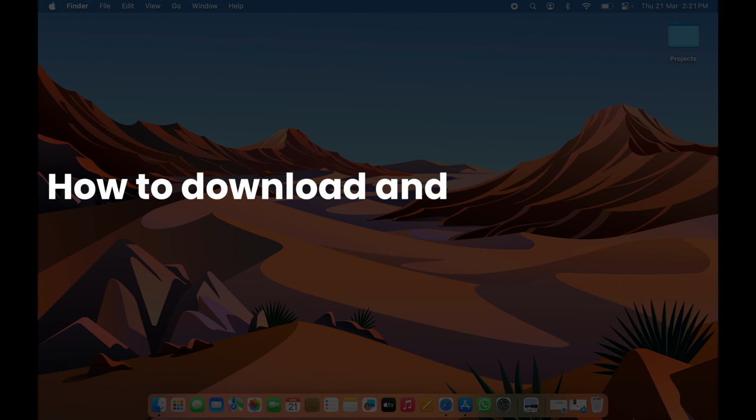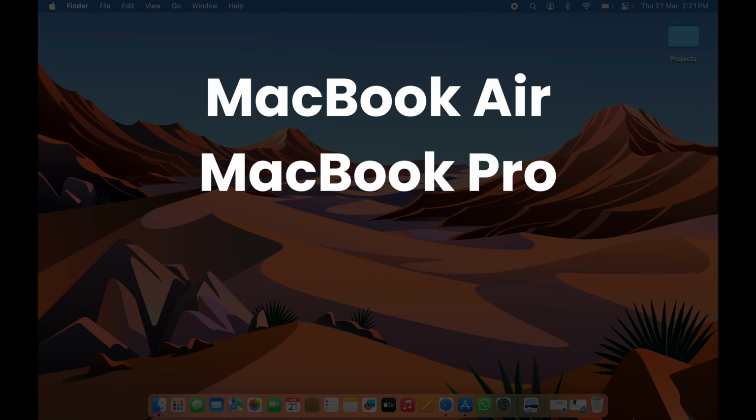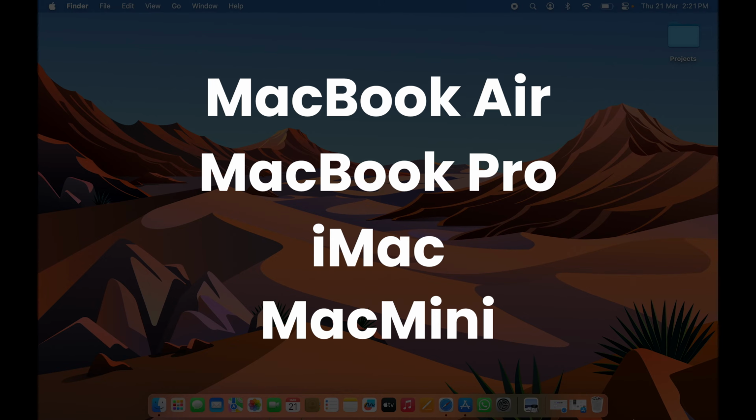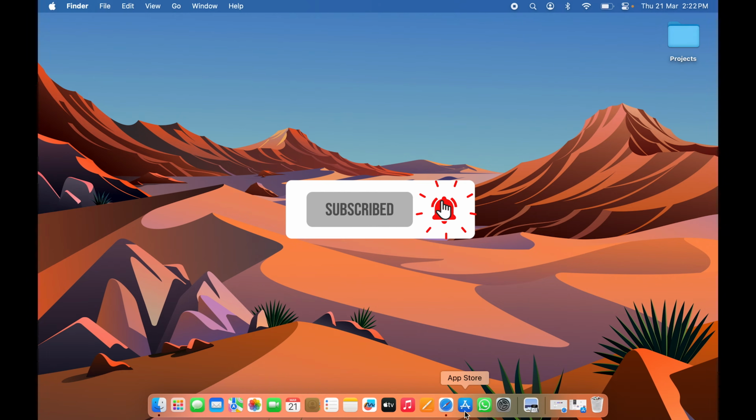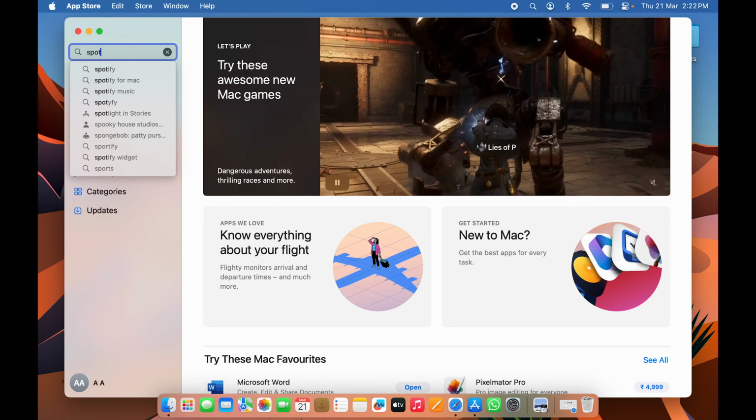How to download and install Spotify application in your Mac. If you're using MacBook Air, MacBook Pro or iMac, the steps are going to be same. Now, if you're thinking that downloading Spotify is easy because you can go on App Store and search for Spotify